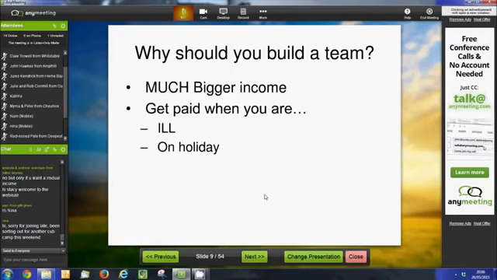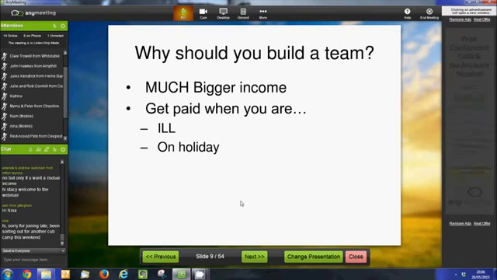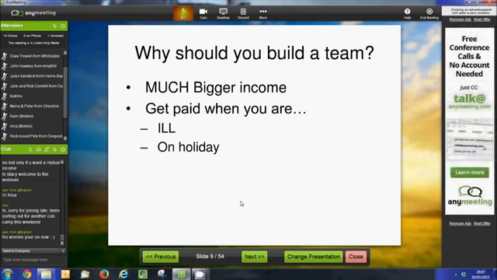Basically your income is based entirely on your own ability to work hard. However, if you've got a team and a proportion of your income is based on the support and the coaching that you've given to your team, then even if you're ill and you can't get out yourself, then you'll still be earning your bonuses from the work that your team are doing.